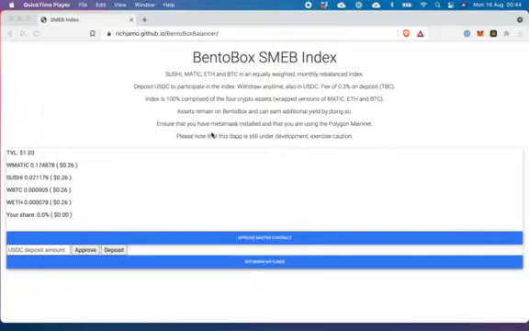Just to talk you through the 3 main functions, there are 3 main things that the site needs to do. Obviously, it needs to take deposits, it needs to do the monthly rebalancing, and then it needs to be able to handle withdrawals as well, or allow users to make withdrawals. So I'm going to speak you through those 3 in a moment, just to show you what's here on the